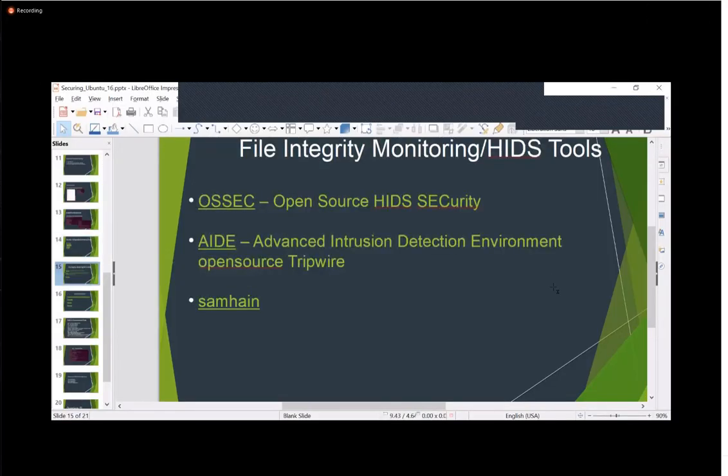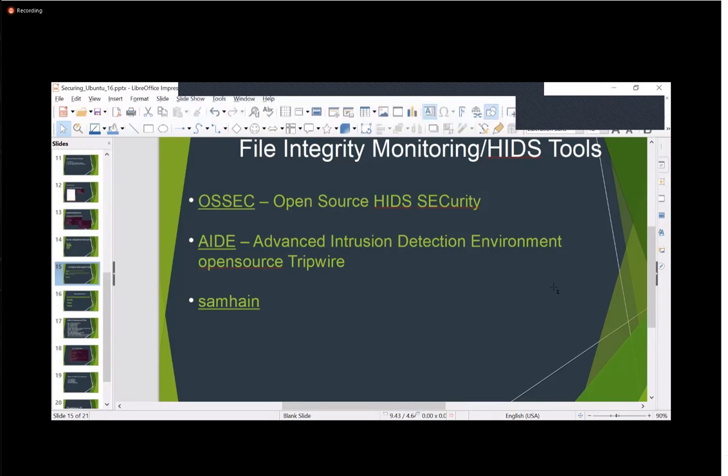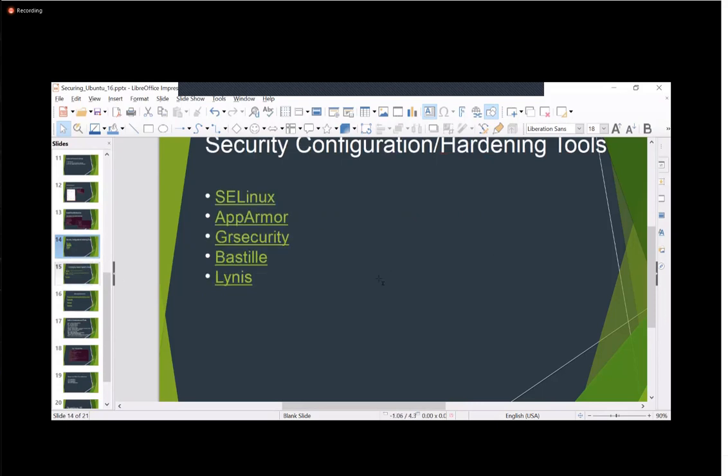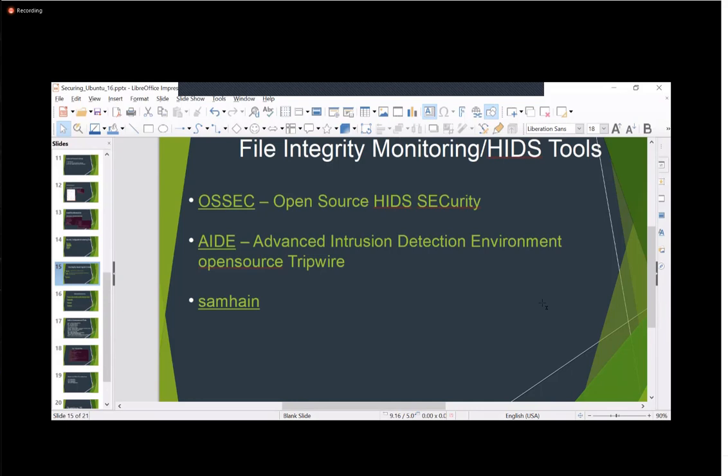So some other items that you want to have in place is you want to have some file integrity monitoring and HIDS, which is host intrusion detection systems. And some of these tools, both in the security configuration as well as in file integrity, several of them do more than just one thing. They not only check file integrity, they check your configuration settings, they check your application settings, they may perform intrusion detection capabilities, intrusion prevention capabilities. They could even run specific reactions when an alert is fired,